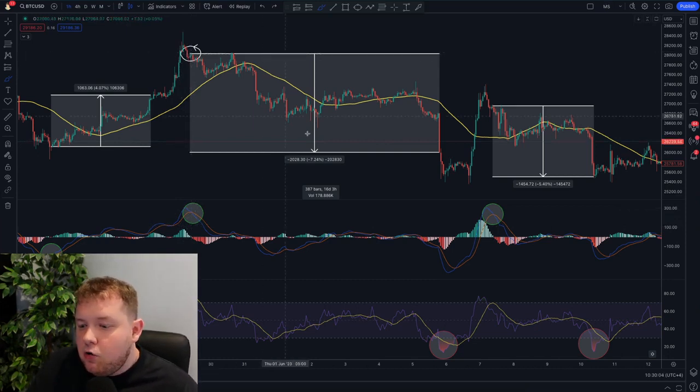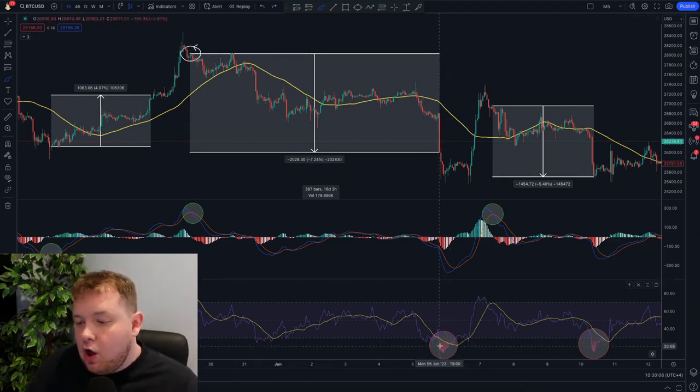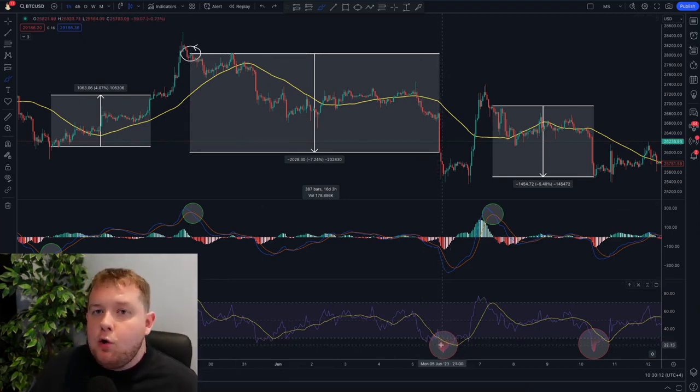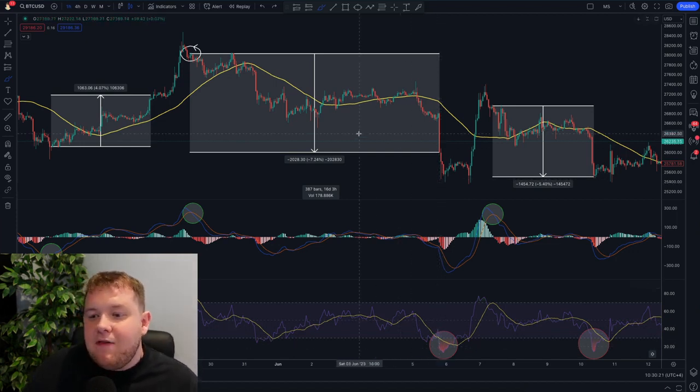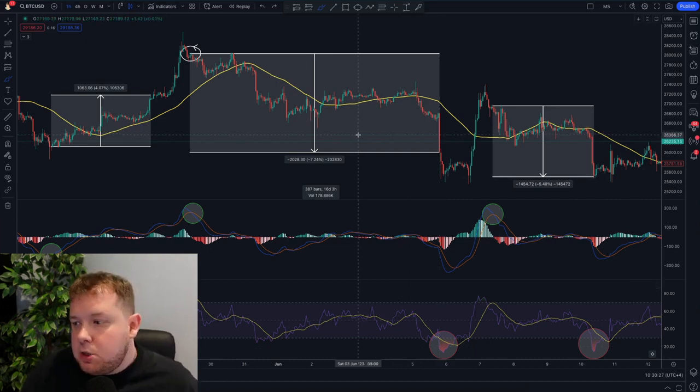Now we will exit this trade right when we see the RSI is in fact oversold right there, going below this 30 level line. You can exit where you want on this. It could be at the 20 line, it could be the 30 line. Again, this all depends on you. I like to try and exit as close to the 20 line as possible, and in this case we saw a 7.24% trade. Now all these trades are actually on the hourly chart, so you can see right here,